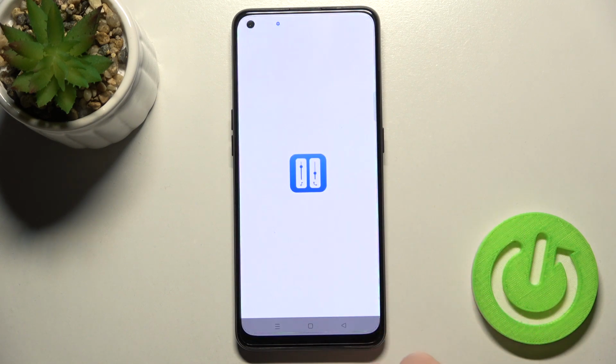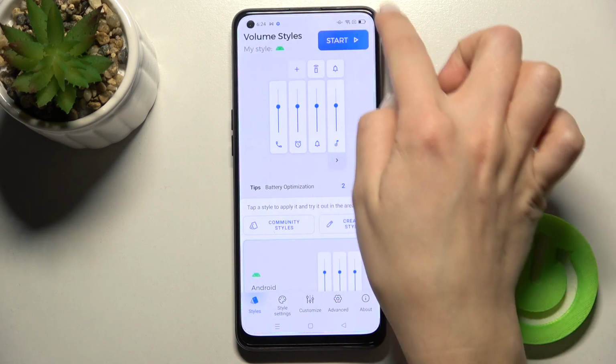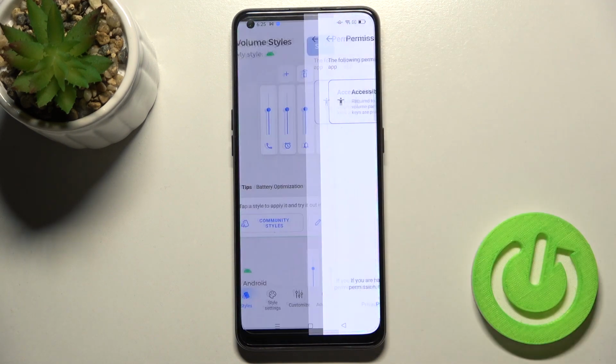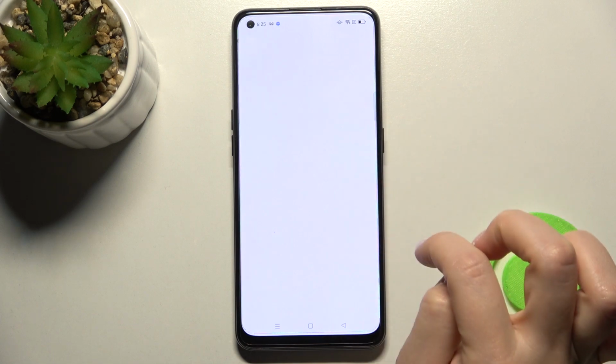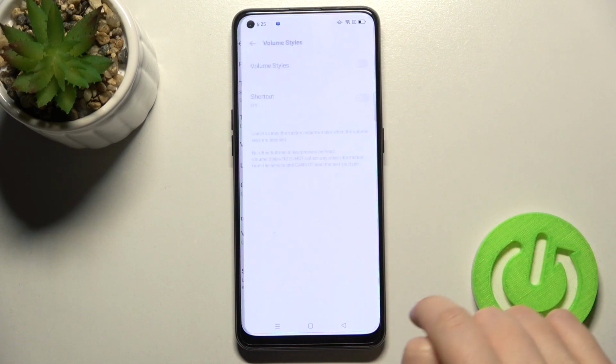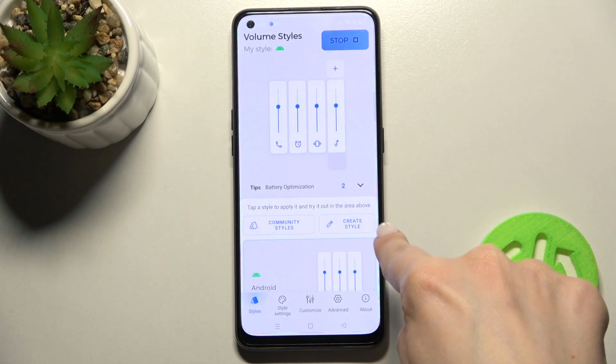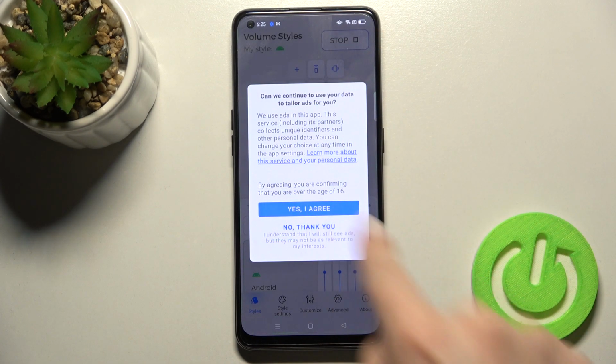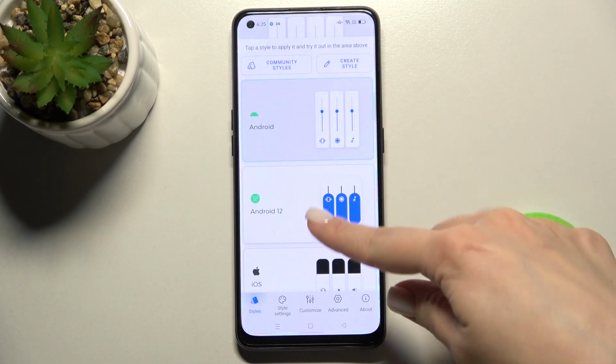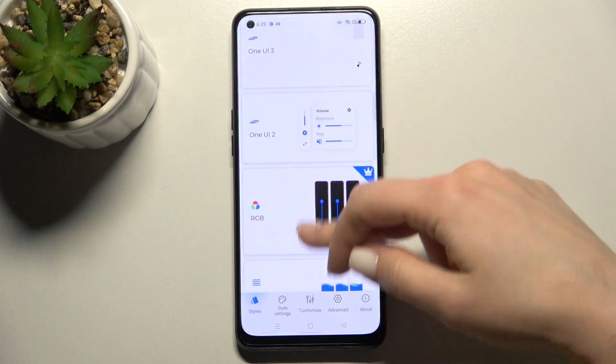Now just tap to open, and here in the upper right corner tap to start. Now just confirm the permissions. Here just tap the switcher to enable the volume styles, and now just click yes, I agree. And as you can see, right now we got all the available